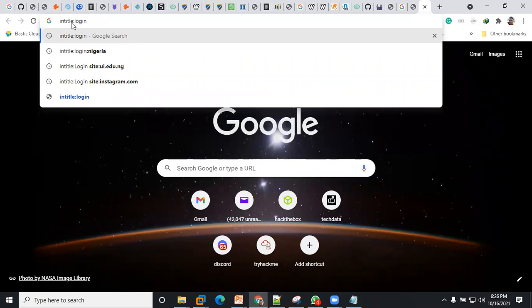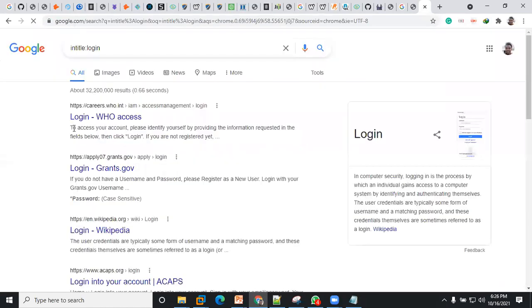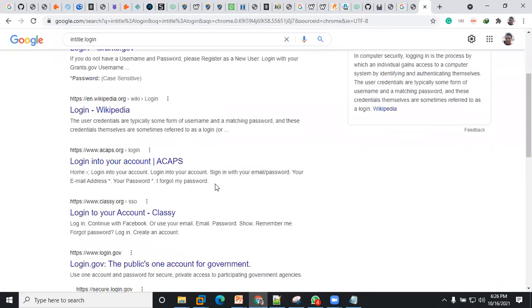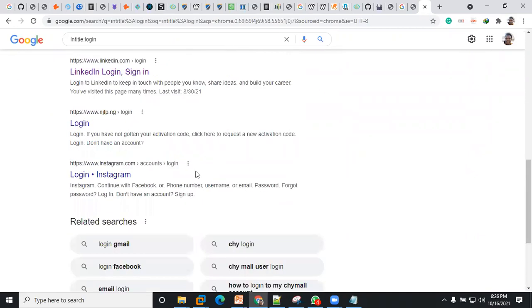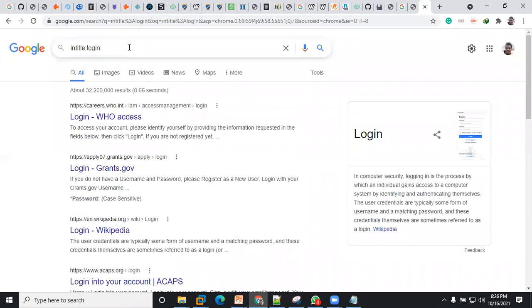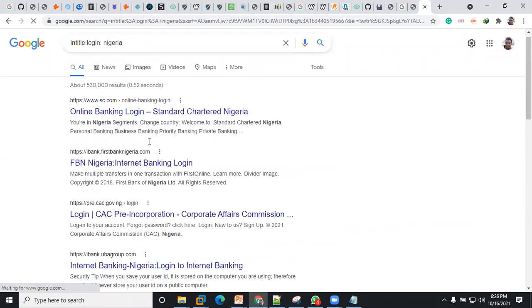If I do this, you see it's showing us all the login pages for different websites. If we want to search for login pages for websites in Nigeria, you can see we have login pages for websites in Nigeria.